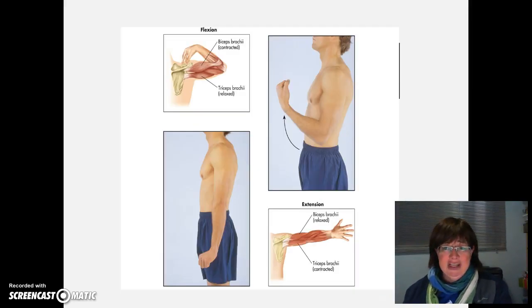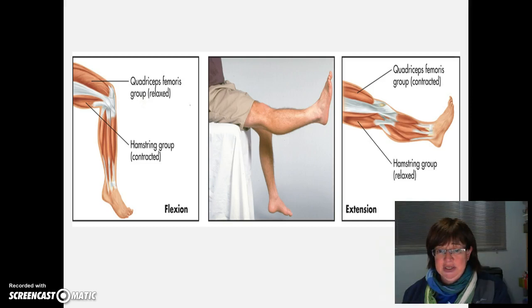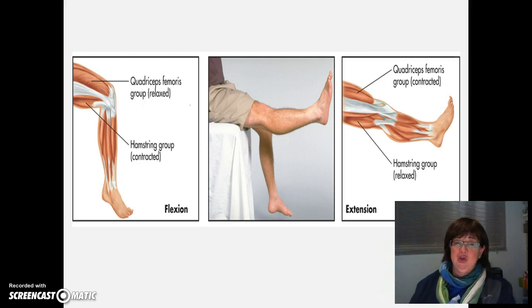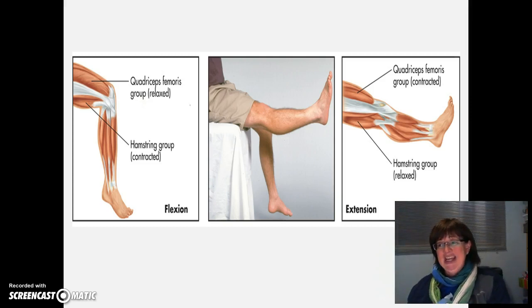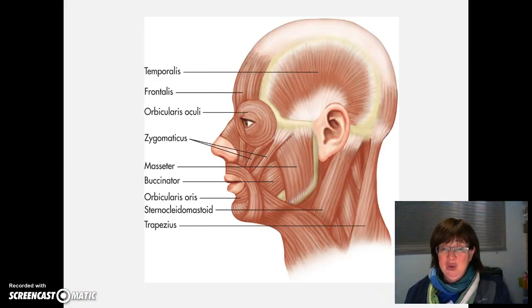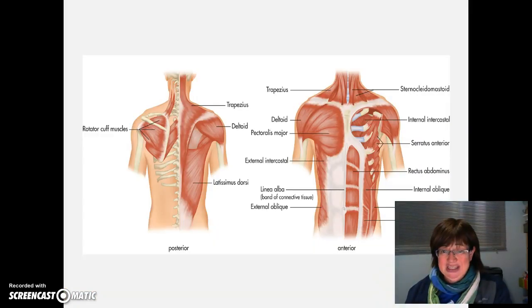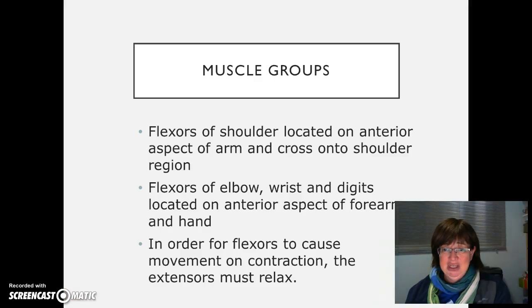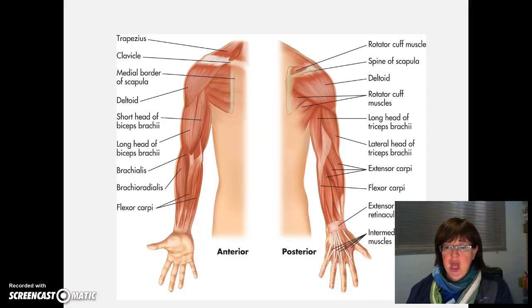When it comes to movement, there is flexion, which is the closing, and extension, which is the opening of the joint. And here's an example of flexion of your knee, which results in the contraction of the hamstrings, which are behind the leg, and when you extend, it's your quadriceps at the front of the leg which contract and your hamstrings relax. Now, there are all sorts of facial muscles which are really cool, but you don't need to know this in detail. Same thing with your rotator cuff. Depending on what program you go into, it'll depend on how much detail you need to know. Okay? So you can look at all the